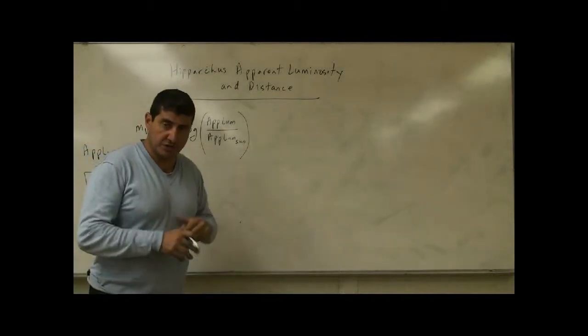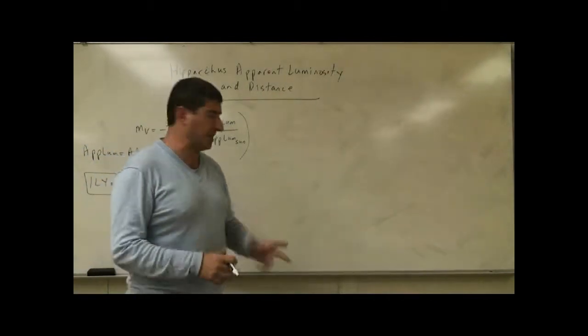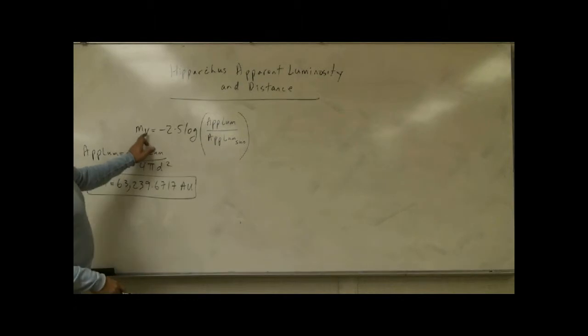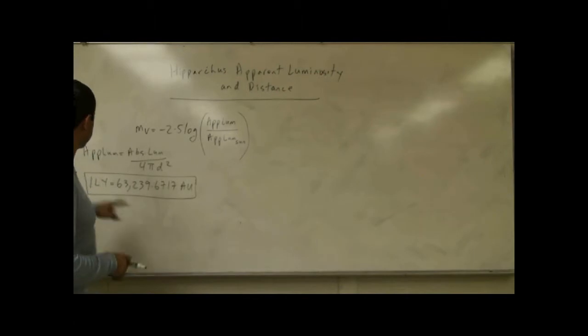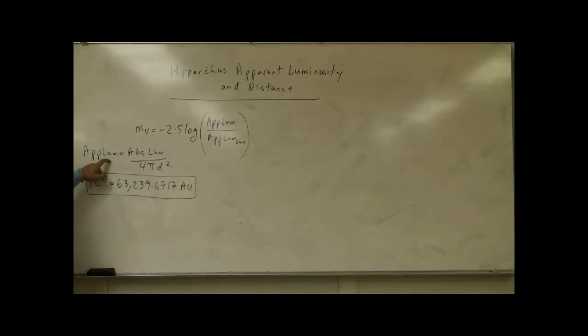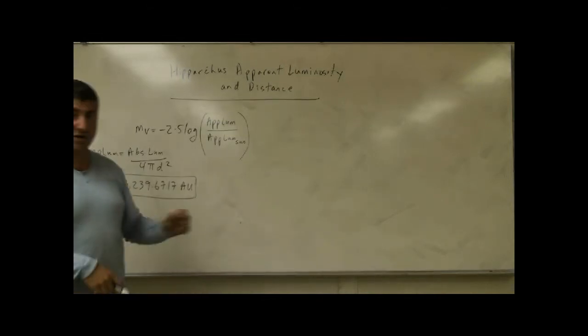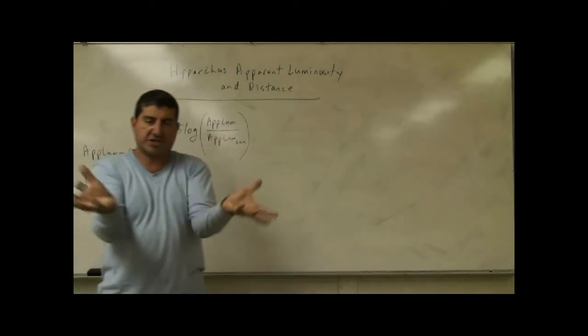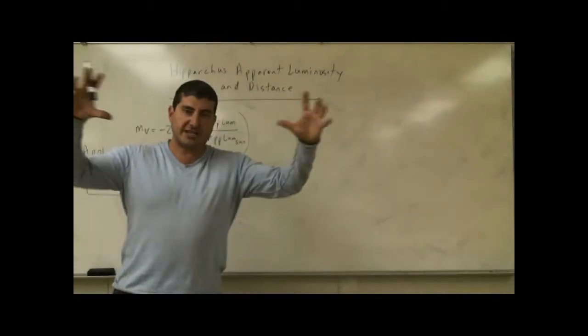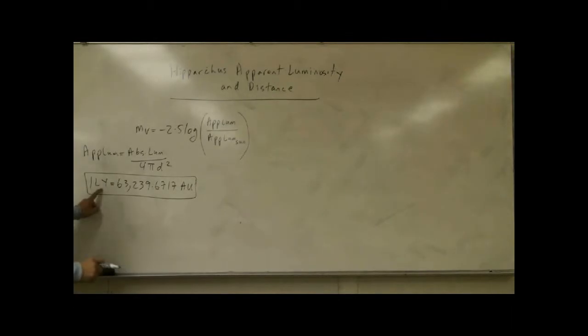Okay, now we continue the concept of the Hipparchus scale and apparent luminosity, and we start with apparent visual magnitude: -2.5 log apparent luminosity over apparent luminosity of the sun. We use the definition that apparent luminosity is absolute luminosity over 4 pi d squared. I have a previous video where I talk about this. The 4 pi d squared comes from the surface area over which the light spreads out from a star, and then we're going to also incorporate the conversion between the light year and the astronomical unit system,